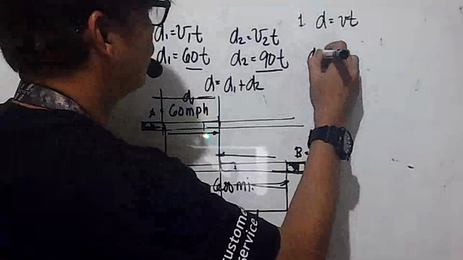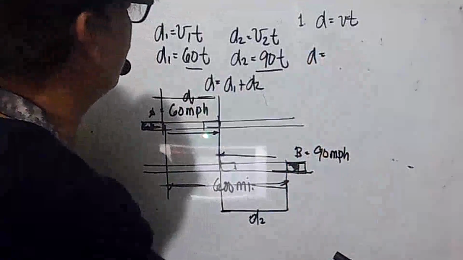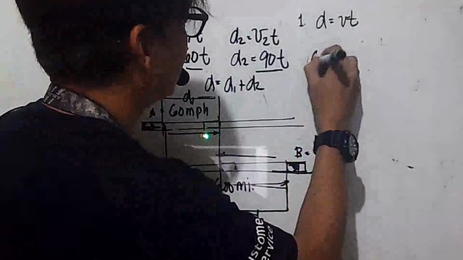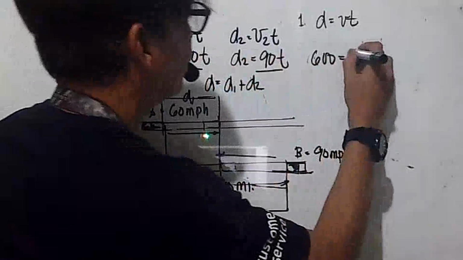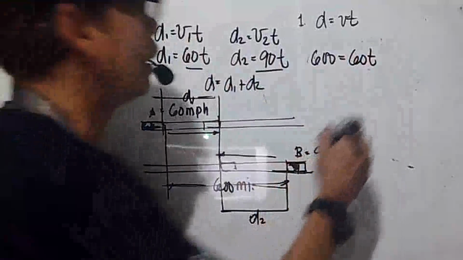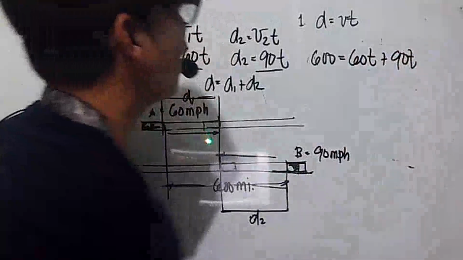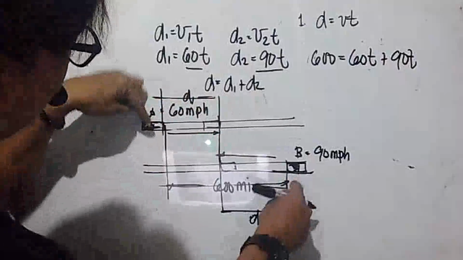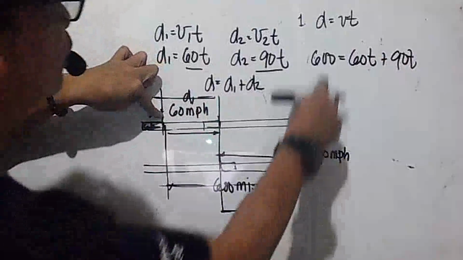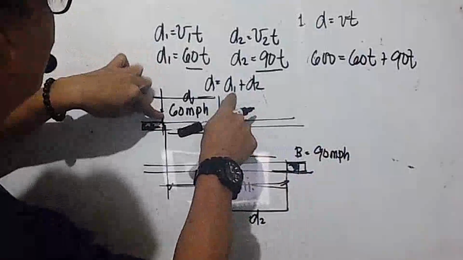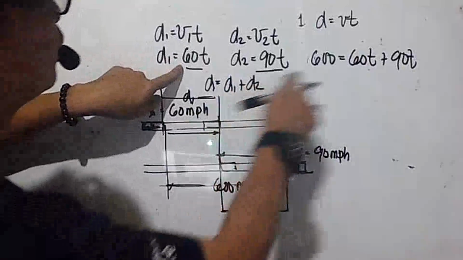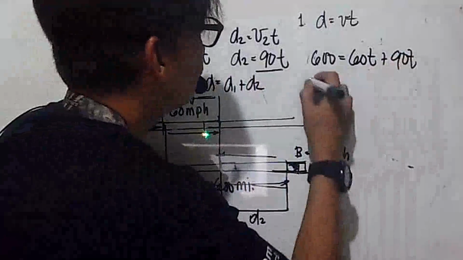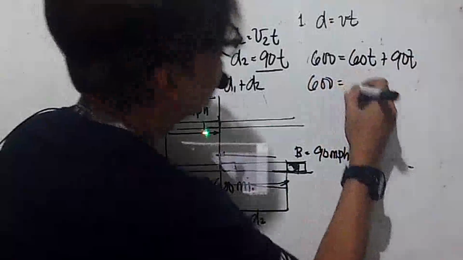So your D now is equal to, I will change na the values, okay? So ang D mo dito is yung layo nila, which is 600. 600 miles is equal to this one, this is 60T. Nabasa ba? Yes. Plus 90T. Okay, so yan na. From here, D is equal to D1 plus D2. So your D, yung distance nilang dalawa, given is 600. Now, your D1 we could change to the equation na nakuha natin. It is 60T. And then yung D2 mo naman, it is 90T. Okay, so now, we could add these two. This is 600 is equal to